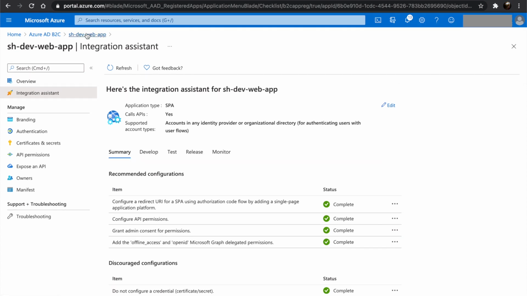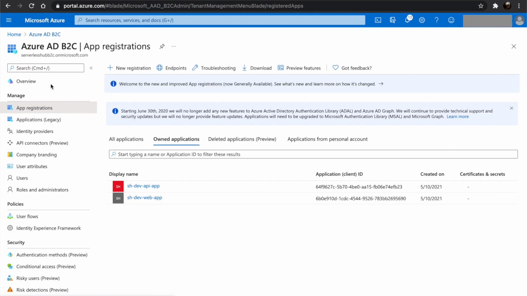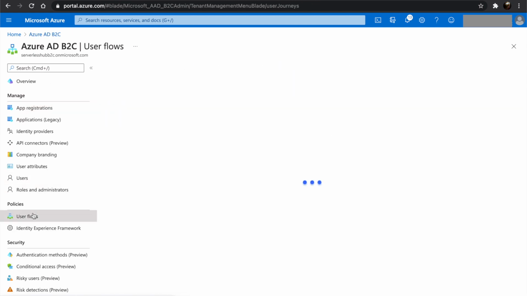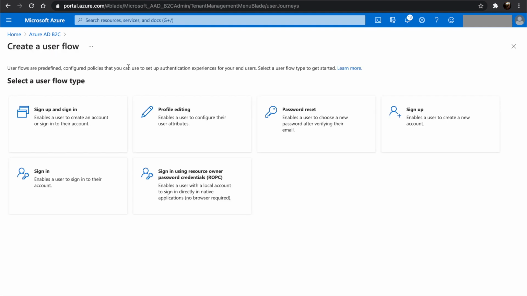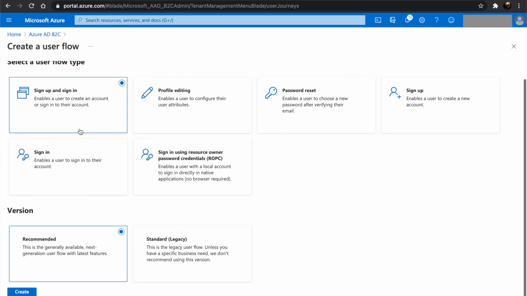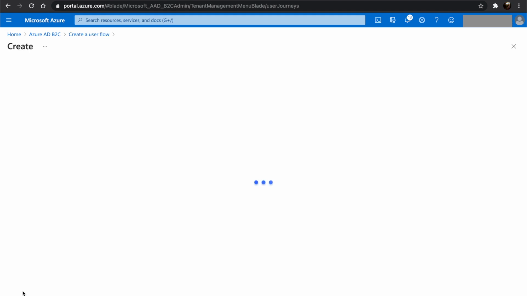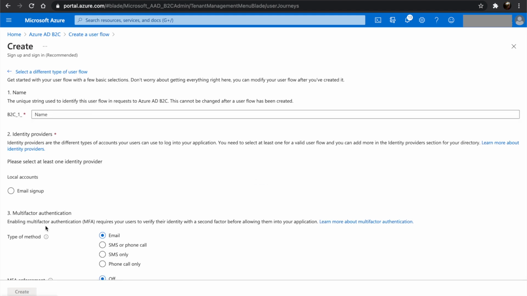Now we need to allow users to sign up and sign in. For that we can use Azure AD B2C user flows. Let's create a user flow. Let's select the type sign up and sign in. Let's click create. Let's name our flow.